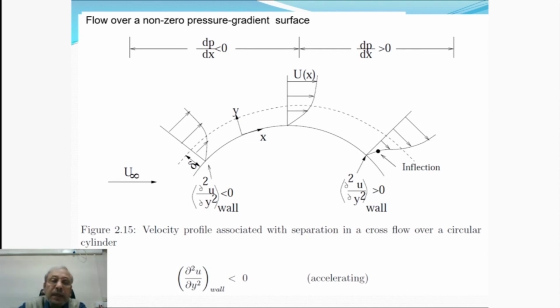The surface has a curvature, and due to that curvature, for example, here we can consider a convex surface very close to a surface which is similar to the outer surface of a cylinder, and here we can see that